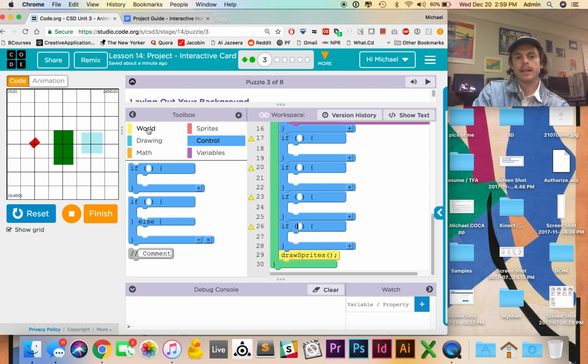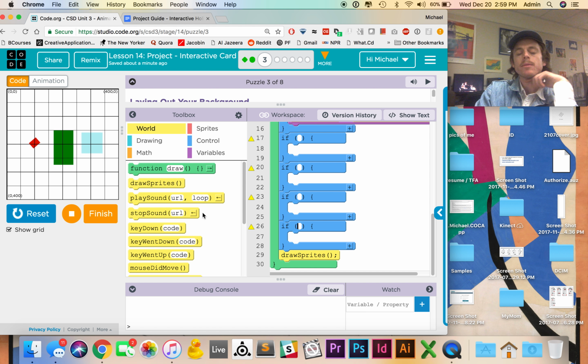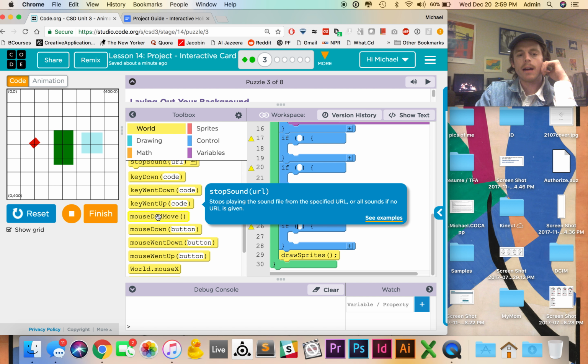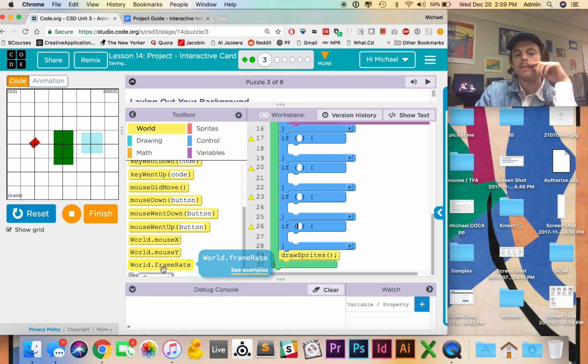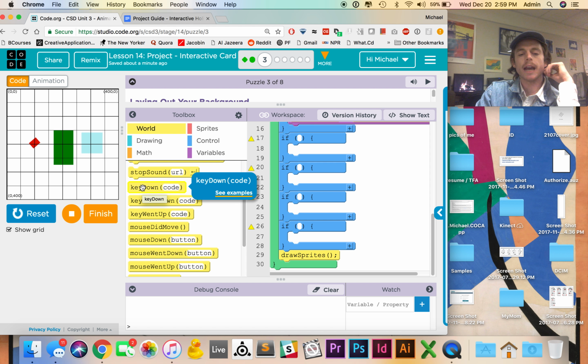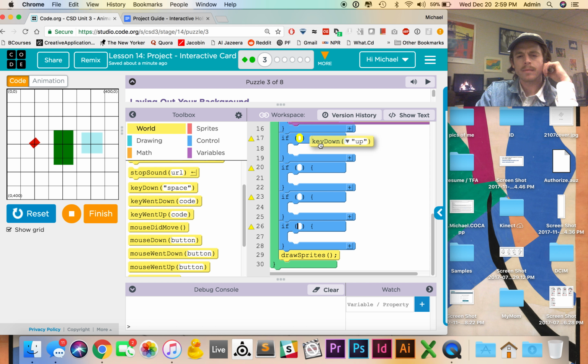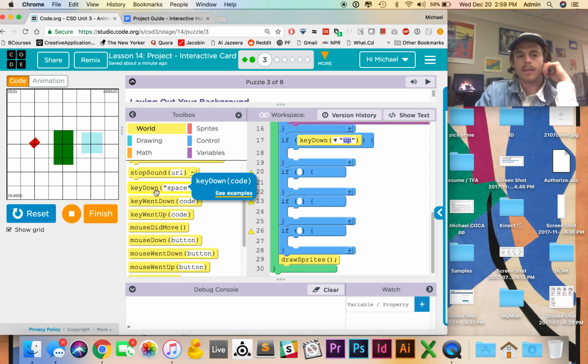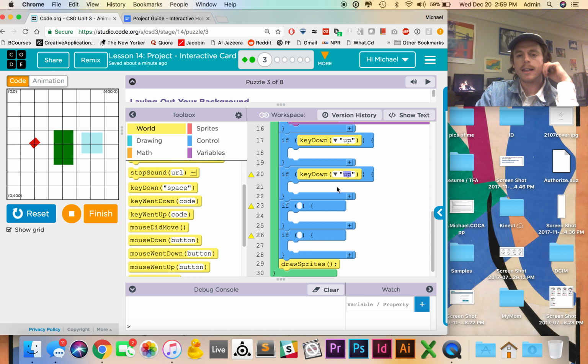The next thing I'll do is under the world, I am going to grab a number of different keyDown codes. So I want to see if the up key has been pressed, if the down key has been pressed,